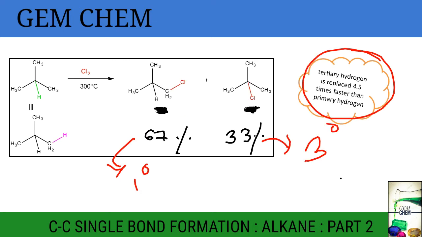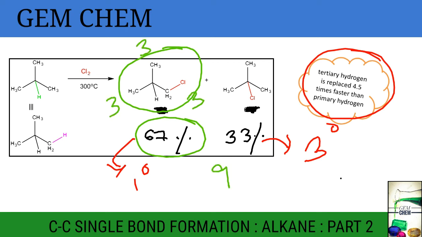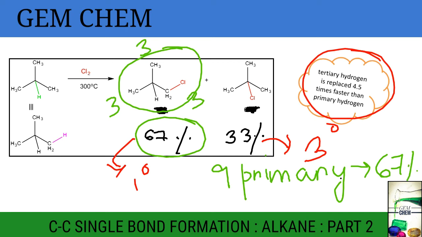Let us observe. 67% of primary hydrogen is giving the yield of this product, right? Now see how many primary hydrogens are present. 3 here, 3 here and 3 here. So there are 9 primary hydrogens, right? So 9 primary hydrogens give rise to 67% of product. What will be the chance for each hydrogen? 67 divided by 9, that is, the chance for each hydrogen becomes 7.4, whereas for the tertiary hydrogen, in this case there is only one hydrogen,